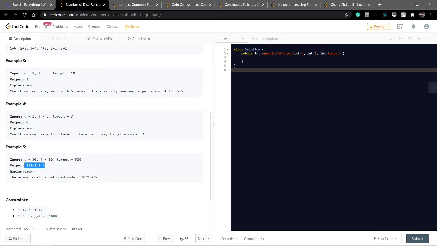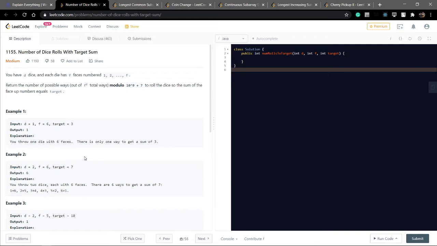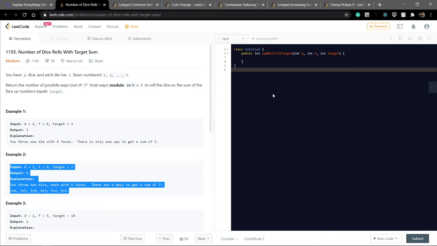And for the other examples, there is a lot to discuss. The answer can be very large, so take it modulo 10 to the power 9 plus 7. Now the number of faces stays the same, maybe 1 2 3 4 5 6, but we have to complete the dice. If I make 2 dice, we have 1 to 6. I will not go directly to 3 dice; I complete 2 dice to make the target sum with 6 faces. To understand this example properly, and after that I will write the code.